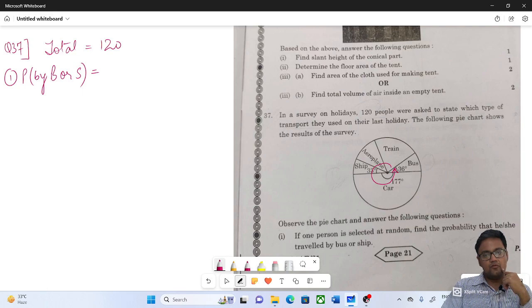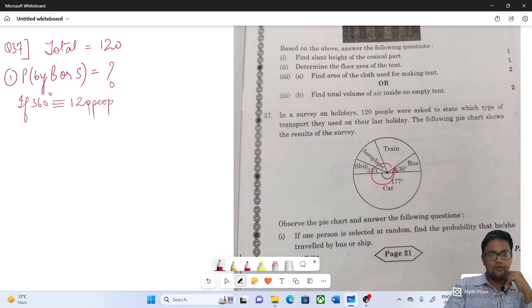So we can do one thing over here. If 360 degrees, that should be done in some rough column or some certain side, or you can do it in a fair place as well. If 360 degree represents 120 people, right? Because this pie chart holds the opinion of